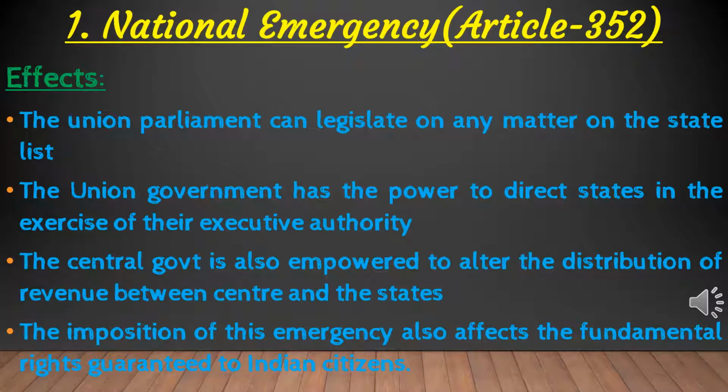Anyway, the proclamation of national emergency or general emergency has happened thrice in India. The first one was on 26th October 1962, due to the Chinese aggression. It was revoked in 1968. The second time it was applied in India on 3rd December 1971, during the time of the Indo-Pak War. It was revoked in March 1977. And the third one was on 25th June 1975, due to internal disturbance, and that was revoked in March 1977.